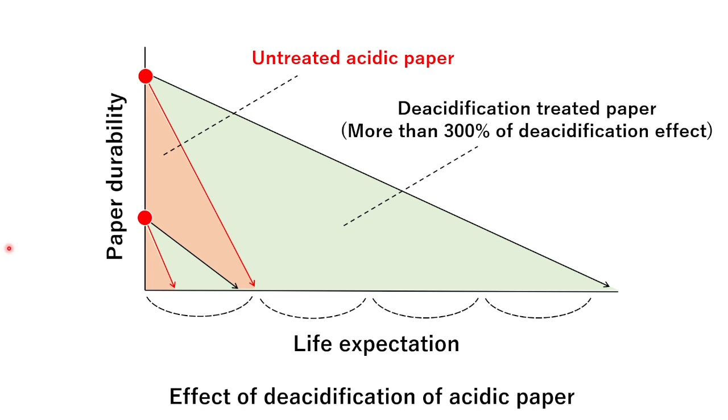For example, the rise in the temperature also promotes degradation. If paper deacidified by the Bookkeeper method is stored at 5 degrees, it can extend life by 30 times more than when it is stored at room temperature. Based on the above, each library should first consider whether books and documents should be deacidified in countermeasures for acidic